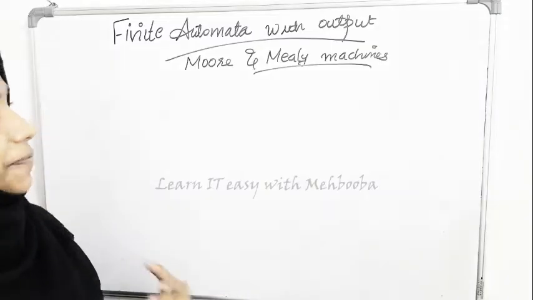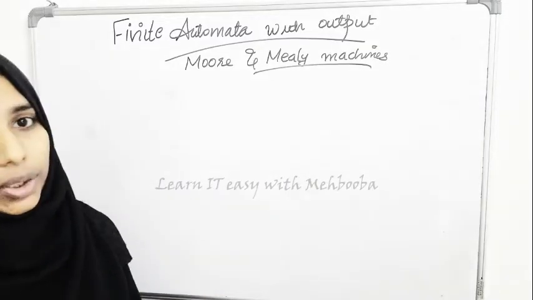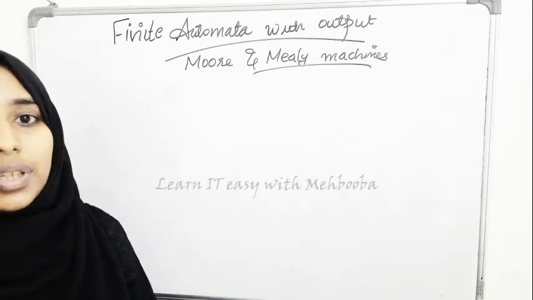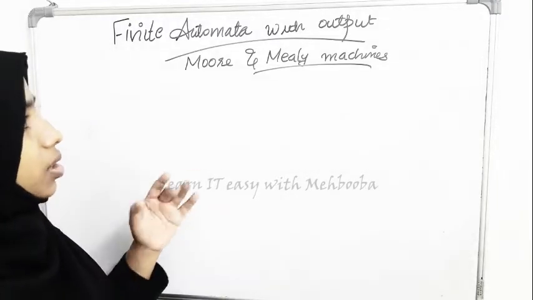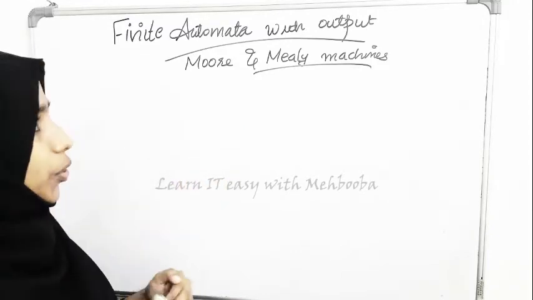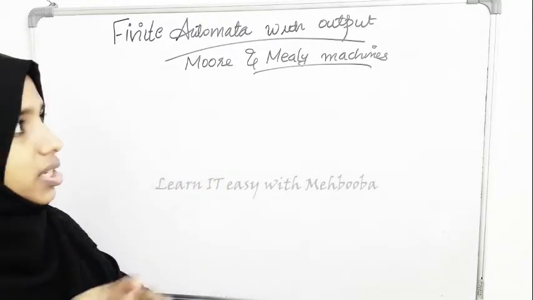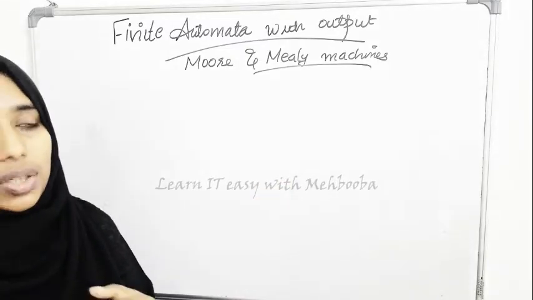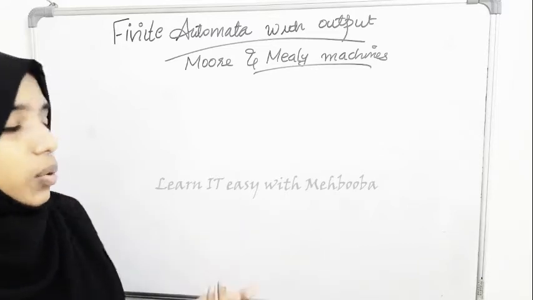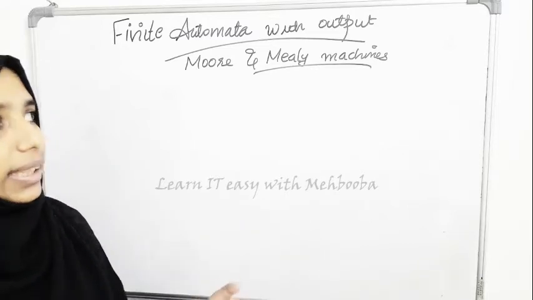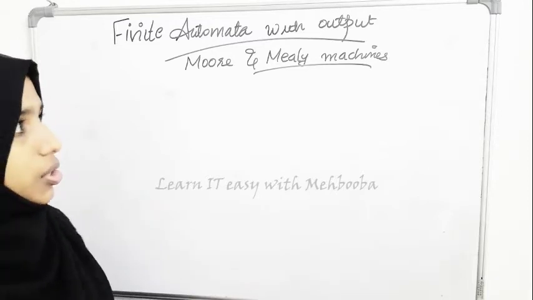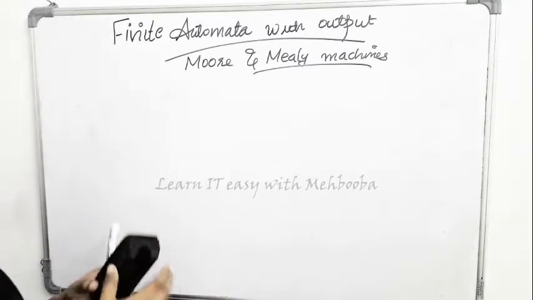In this video we will see finite state automata with output. That is, with each state or transition some output will be associated. So we have two different kinds of automaton. One is the Moore machine, in which the output is associated with states, and the Mealy machine, in which output is associated with transitions. They may be using a different output symbol other than the input symbol, so that output can be associated with states or transitions. We will see the Moore machine first.